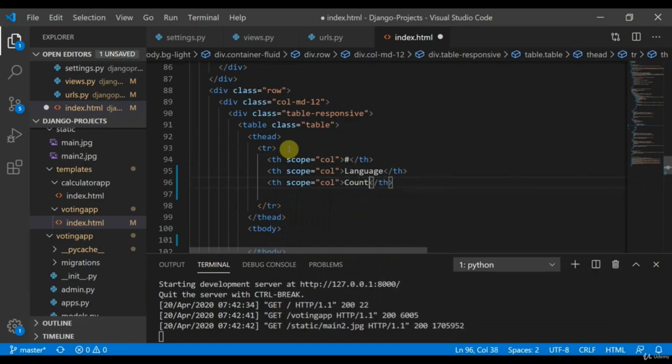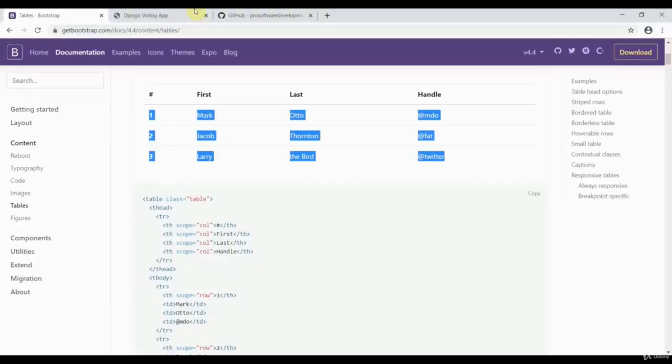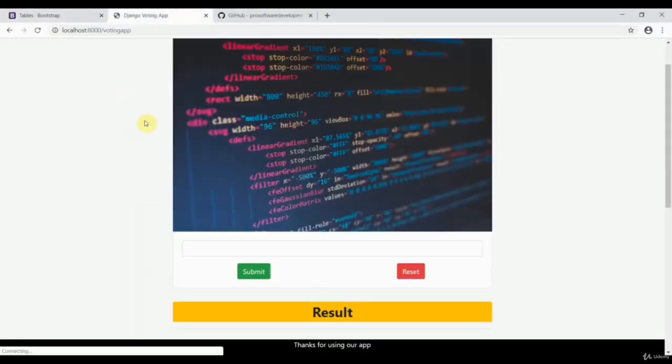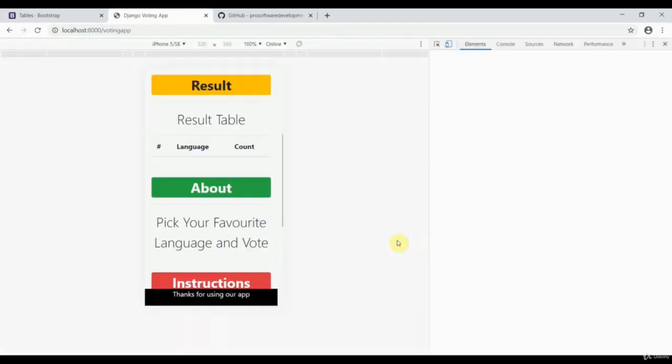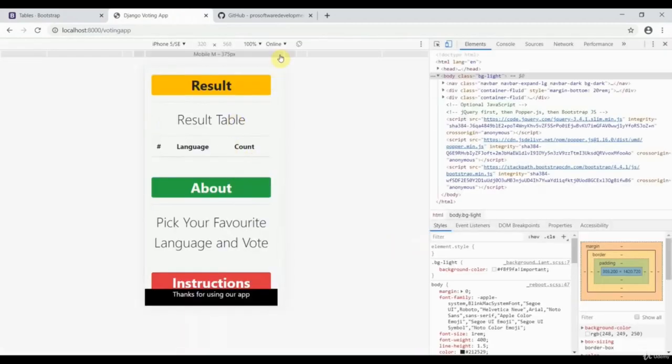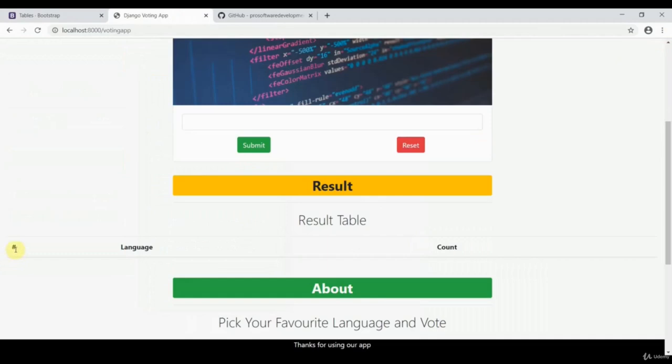Okay, simply I'll type count here, and now I'll refresh the page. Here you can see I have a number, language and count. I'll press Ctrl Shift I. Here you can see it is responsive in nature. Okay, so this works fine.